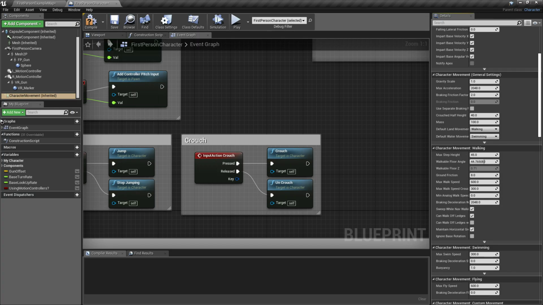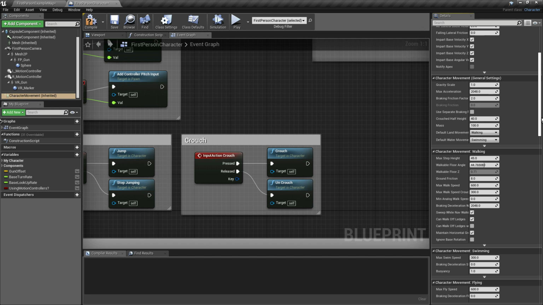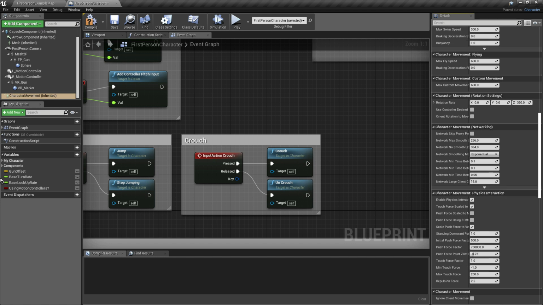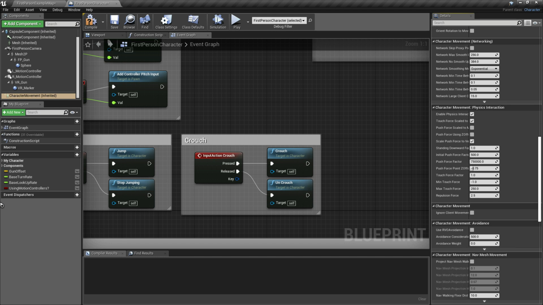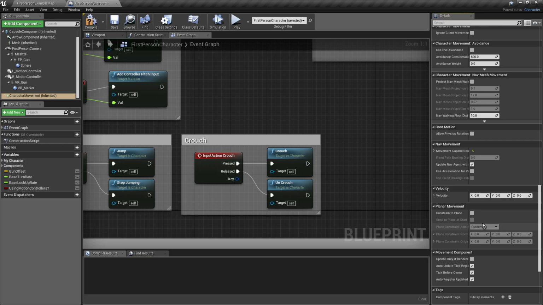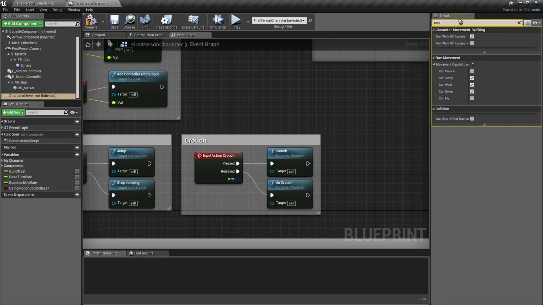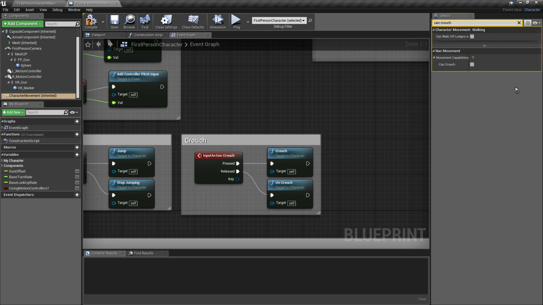In the details panel of the character movement, just find the can crouch. The can crouch is under the movement capabilities.